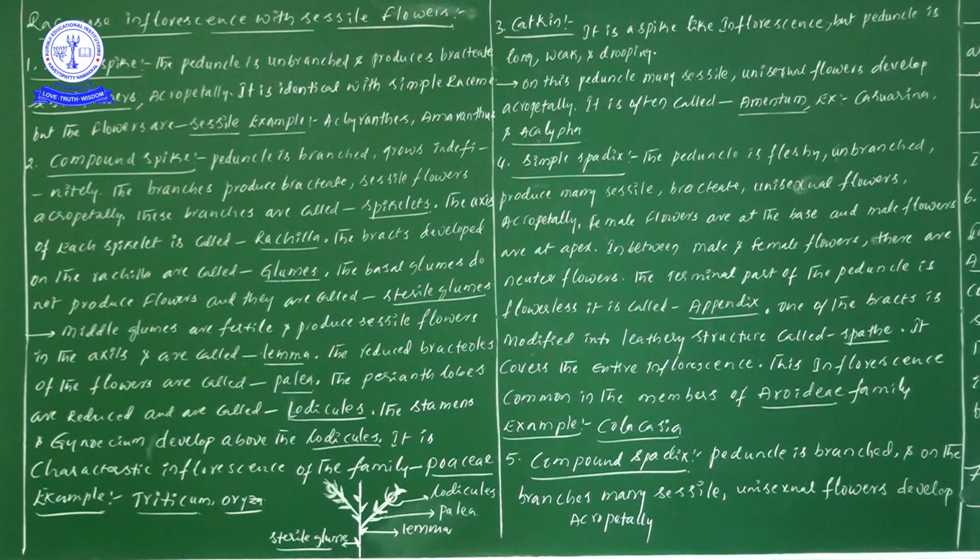Did you understand the point? One more time, see diagrammatically: here one bract is there. This particular bract produces a flower, this entire flower, so we call this bract fertile, and that one is the lemma. On the stalk of a flower we observe one more leaf-like structure, which we call a palea.